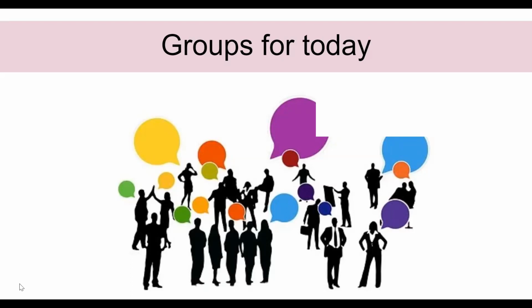We're going to attempt to break you up randomly: those whose last name starts between A and L go to group 2, and if your last name starts with M through Z, go to group 4. Once we get people into the groups, we may need to move a few folks around to even out the numbers, but that's our attempt to get you into groups randomly. Does that sound okay to you, Jody? Perfect. That sounds great.